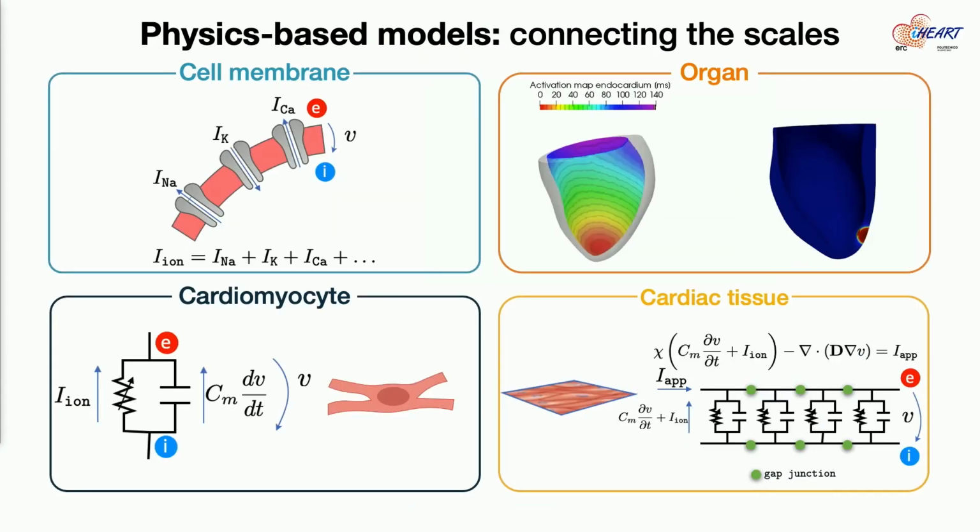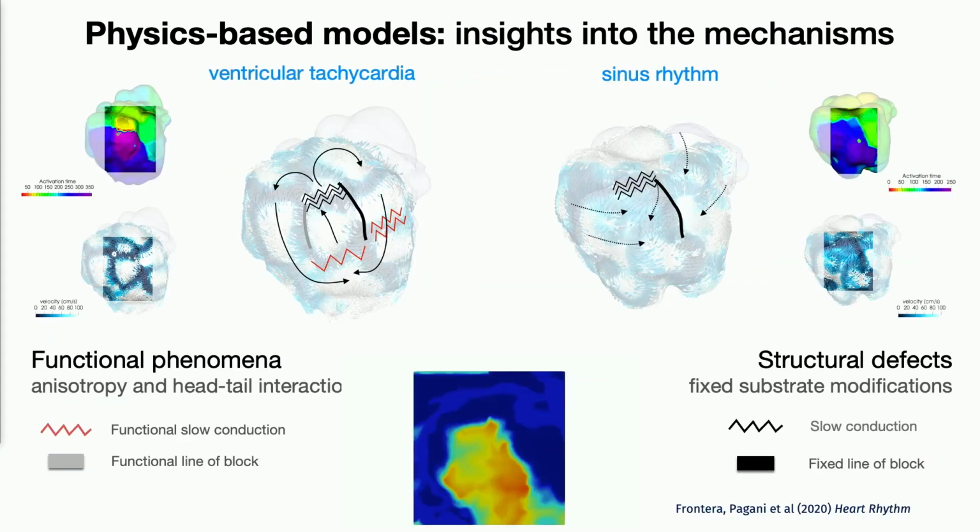In cardiac EP, we need multi-scale models that can capture and integrate phenomena occurring at different spatial scales, from the cellular and tissue scale to the whole organ level. At the finest scale, the multi-scale models incorporate the electrical properties and ion channel dynamics of the individual cardiac cells. Multi-scale models help us to gain insights into the complex electrical dynamics of VT, providing the interplay of structural and